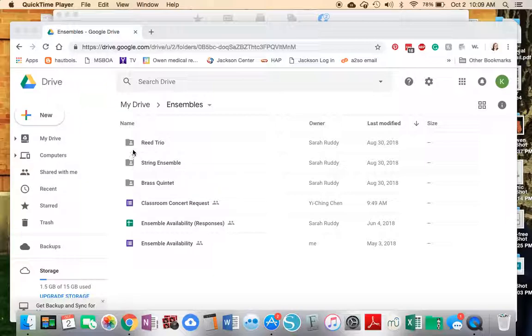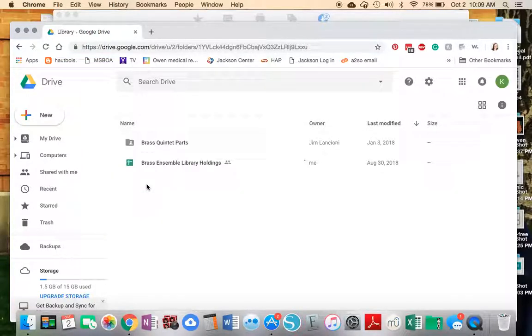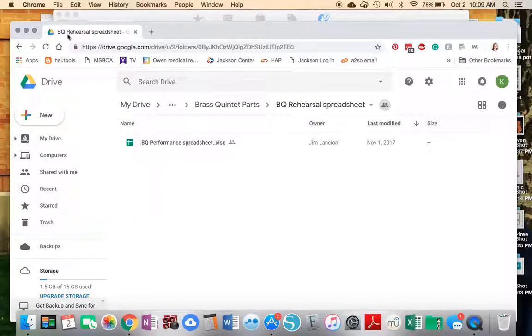Each group has their own folder. I'm going to work in the brass quintet group's folder because it is the most up to date as of this morning. You'll see there are three folders. The first one is your library folder. In this, there is a parts folder where you can find, if you select